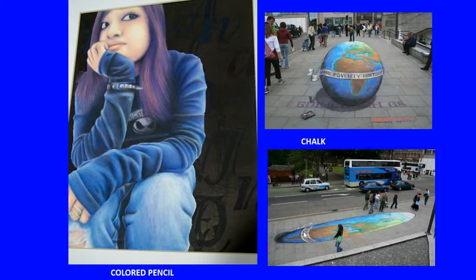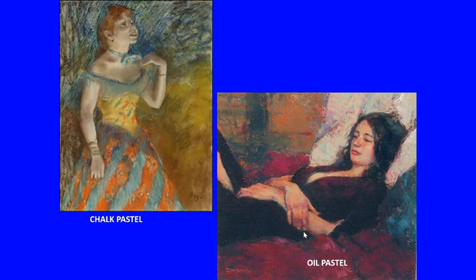All right, a student drew this with colored pencil. You might have seen these on the internet. This guy goes and draws on sidewalks, and it looks like the object is really there. So for example, he drew a globe, but he drew it all stretched out. But if you look at it from one point of view, it looks like he's standing on top of the world, but it's just an optical illusion. Chalk pastel and then oil pastel. Chalk pastel is really chalky and crumbly, and oil pastel has an oily